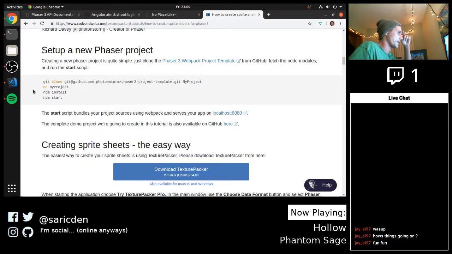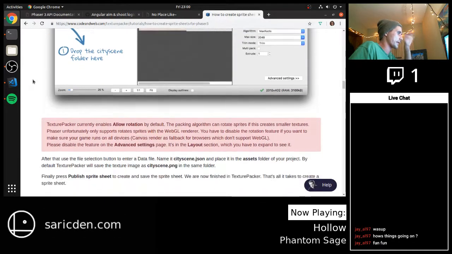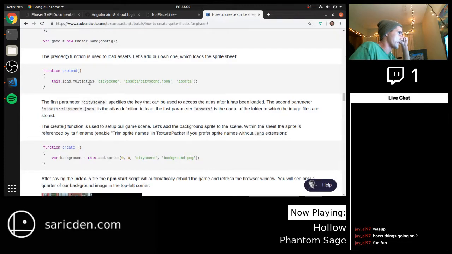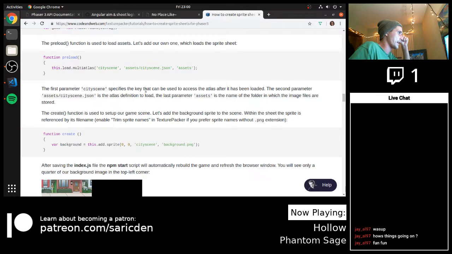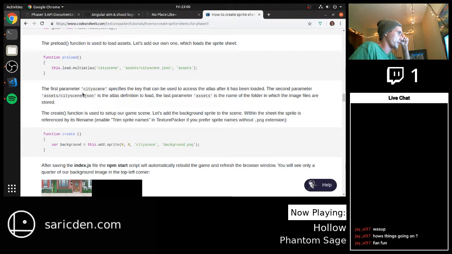I just want to see one part of this tutorial because I want to see if they mention anything about everything needing to align and match up. City scene. Okay, so the first parameter, city scene, specifies a key that can be used to access the atlas after it has been loaded. The second parameter, assets/city scene, is the atlas definition to load. The last parameter, assets, is the name of the folder in which the image files are stored. That doesn't really answer my question, but